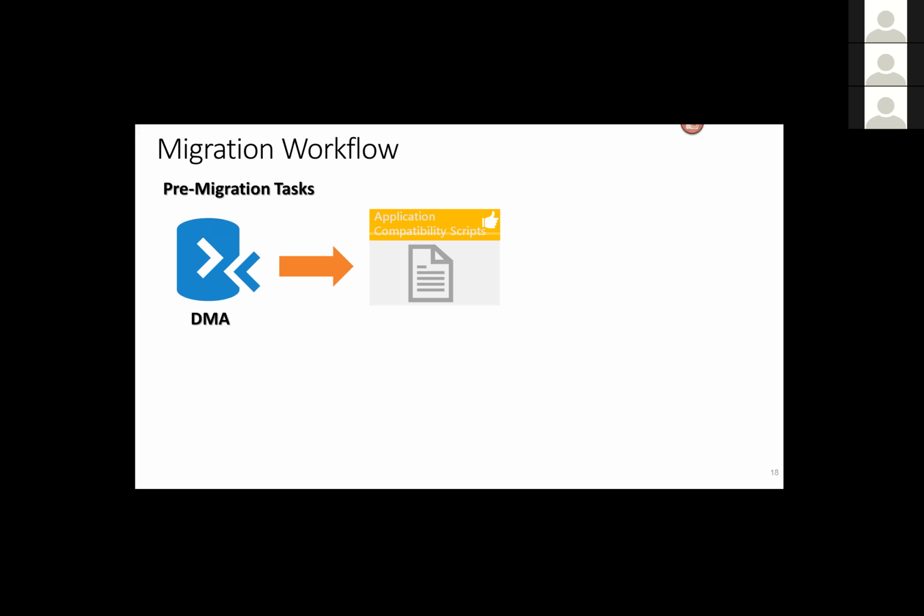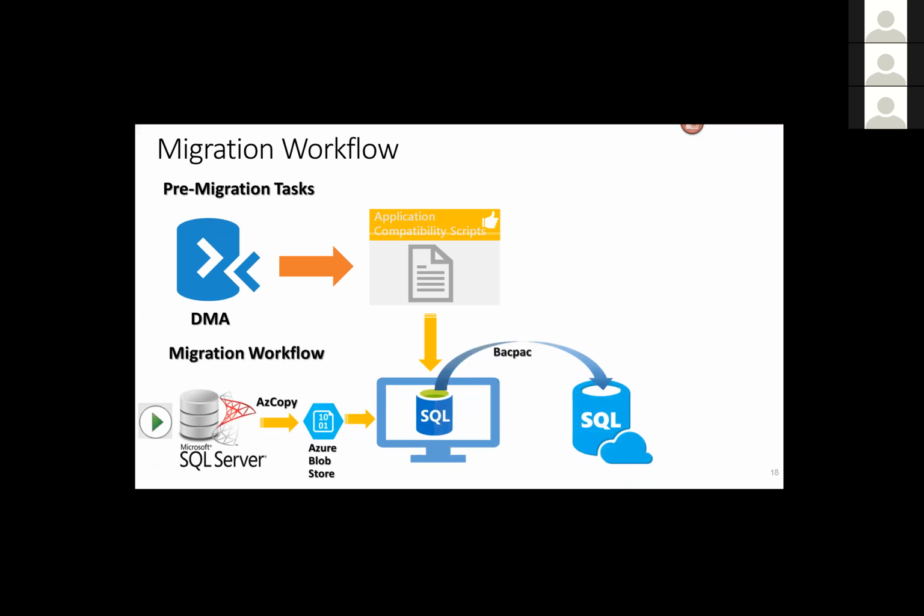So once we were ready for migration, this is how we carried it out. From SQL, we first took a backup into Azure Blob Store. You can create a backup directly to the Azure Blob Store using backup to URL, which is supported starting SQL 2012 SP4. Or if it's a lower version of SQL Server, you can take a backup locally on the local disk and then upload it to Azure Blob Store using AzCopy. In our case, we used AzCopy for the customer.